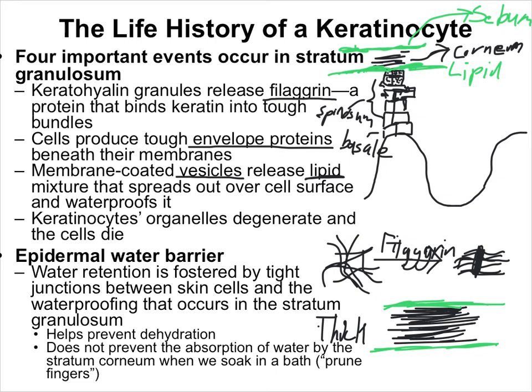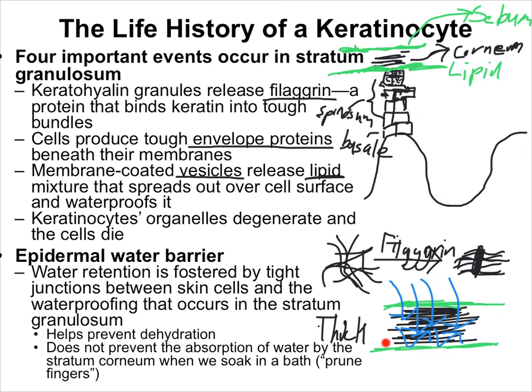Neither of these barriers is perfectly watertight. They work together to increase the amount of water tightness that you have. For instance, the sebum is not perfectly watertight, so water will still come in there and into the stratum corneum, but will have a harder time passing this second lipid layer from the granulosum. So the water gets trapped in between these two